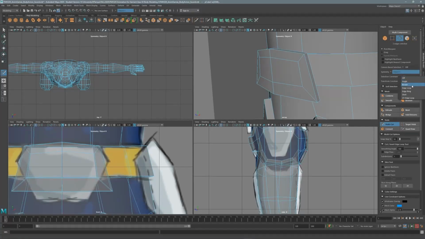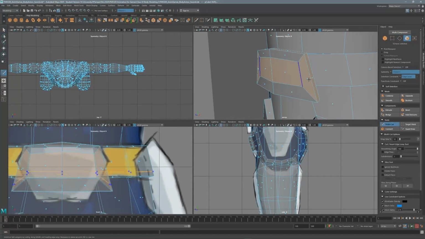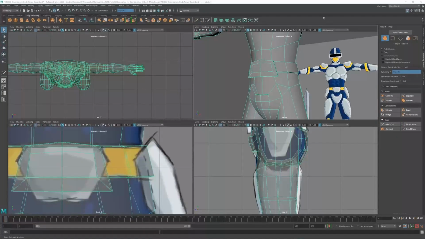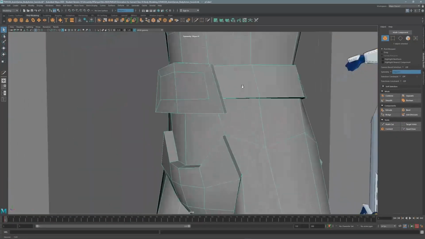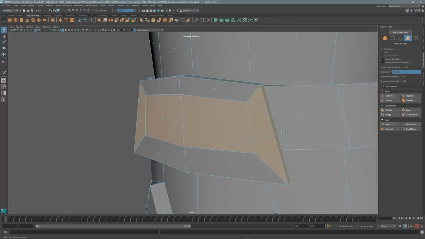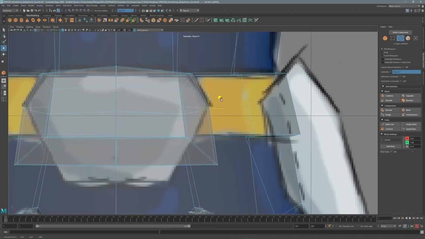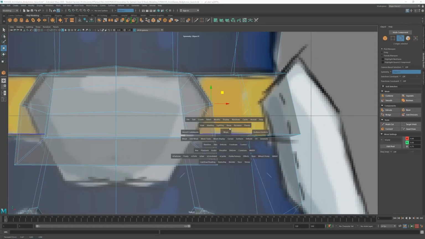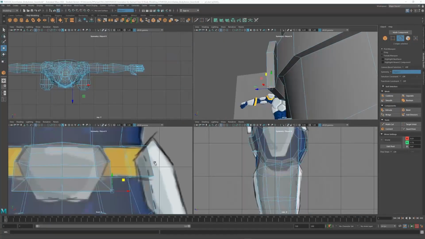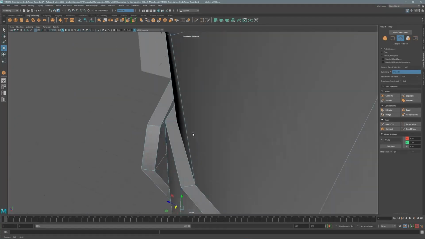I could try to play with the selection constraint here and try to just select some of the edges and then use the multi-cut. But I don't want that cut across the belt. So I'm just gonna, I think, go manually and then use the connect. So that's an easier way. So now I have the points I need, and gonna select here, put in position, and